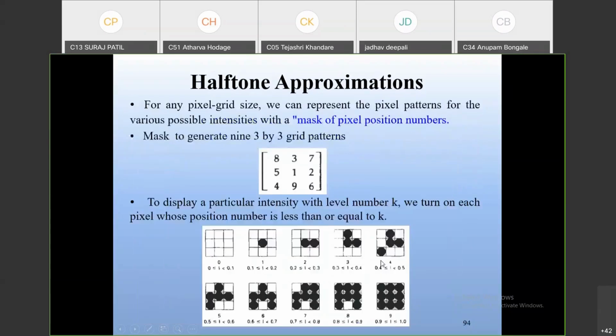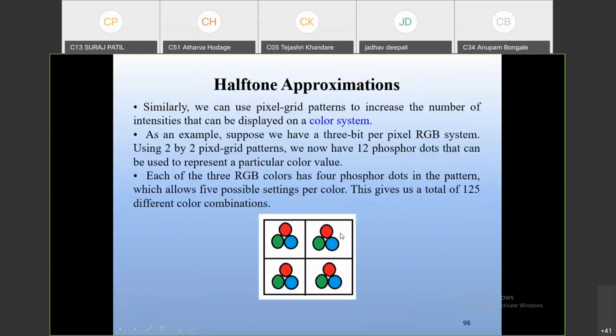Then in color, all these 4 pixels use the RGB colors. The RGB color intensity again depends upon the color. Multiple colors are generated with these 3 RGB colors. So a total of 125 different color combinations are possible with this 2 by 2 pixel grid pattern with RGB.